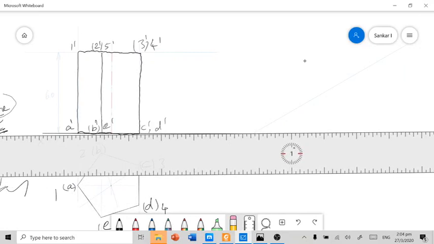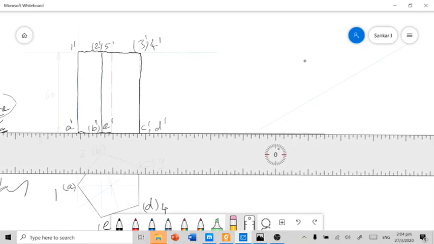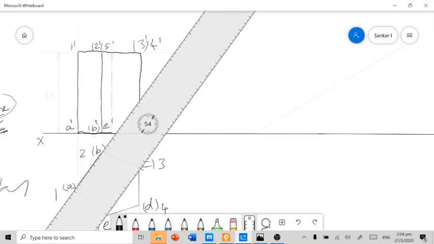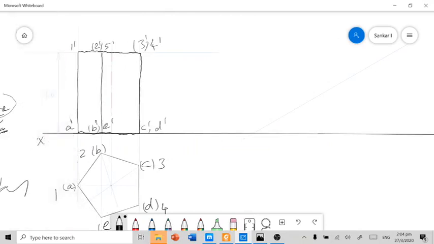I need to extend this XY line to some extra length. Let me do that. And you need to redraw this lateral view once again in an inclined manner.